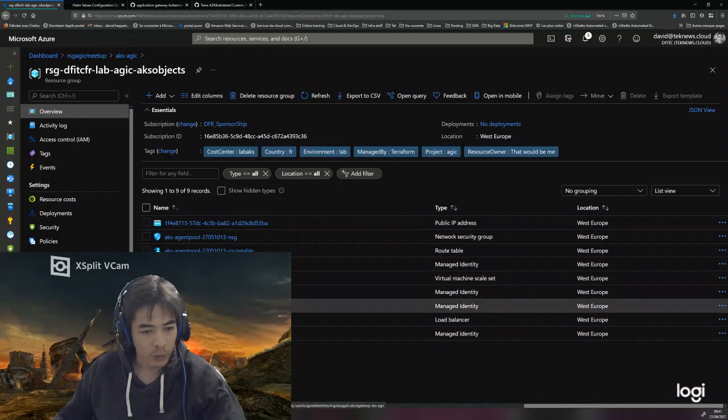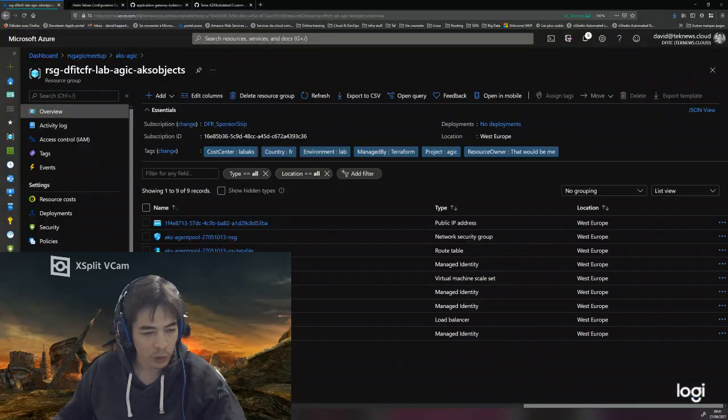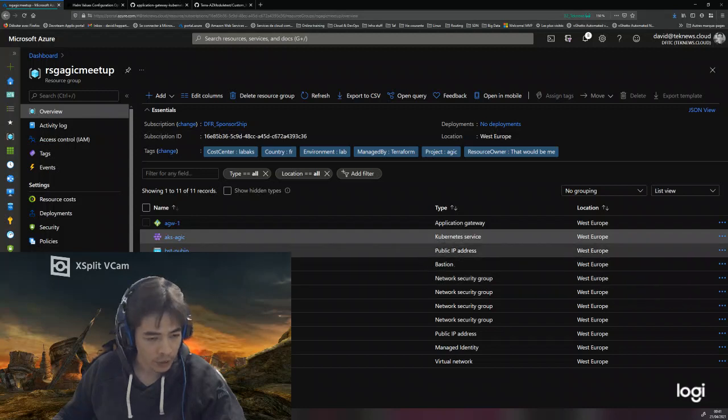As you can see, we already have a new managed identity, which means that it's working fine. And then we should get something similar to what we had earlier. So this is the very simple way of deploying application gateway for AGIC.